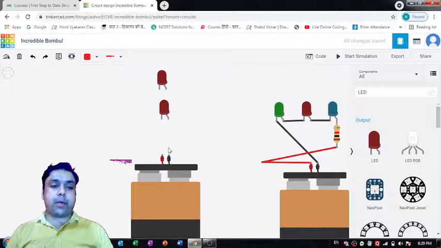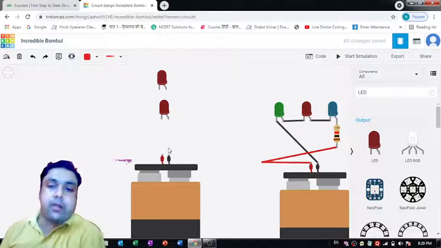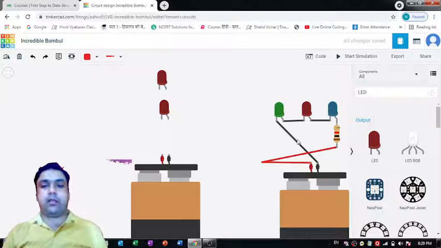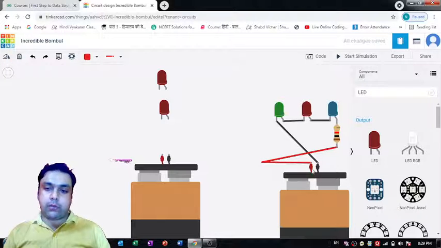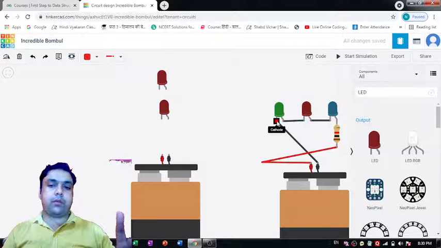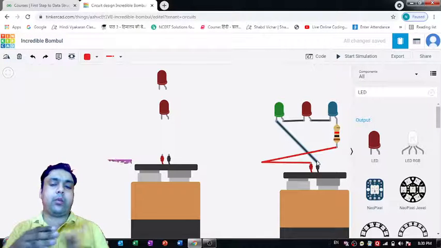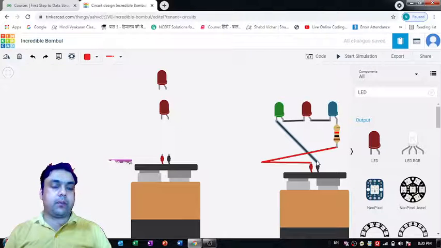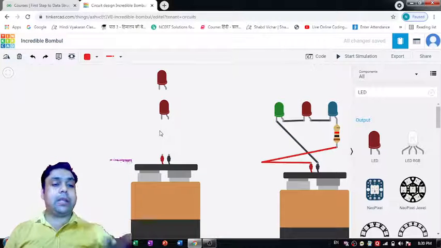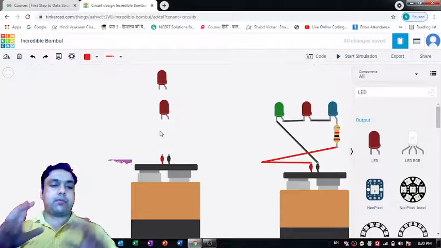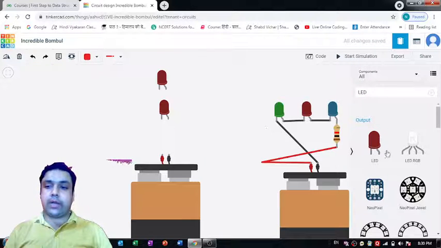So what happens in a parallel circuit, there are points where the current gets bifurcated. Here in the series circuit, the current will start flowing from this point. It will go like this, and like this, and then this. So we have a single path, and current will flow through this path. There is no bifurcation, there is no point where the current is getting divided. Here the current will get divided into two or more parts. Now I'll tell you how to do that.